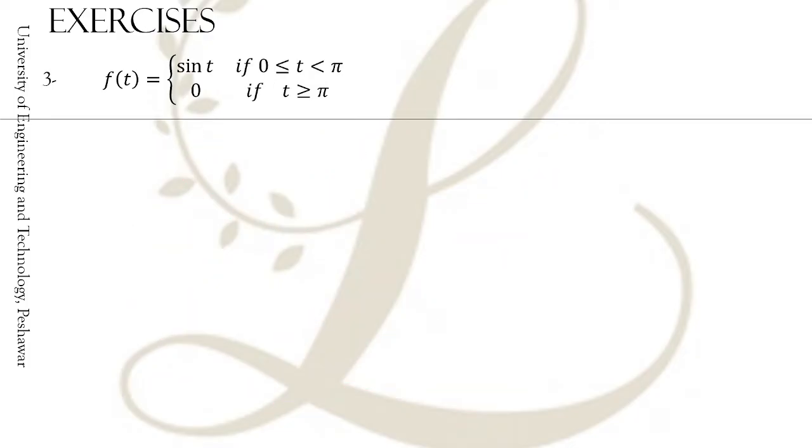Okay, and in this case, you see the function is defined as sine t when t is less than pi and 0 when t is greater than pi. So Laplace of f in this case, I could write directly from 0 to pi. I would say sine t e power minus st, where the second part will become 0. So all we need to find is the integral of this function, e power minus st sine t,